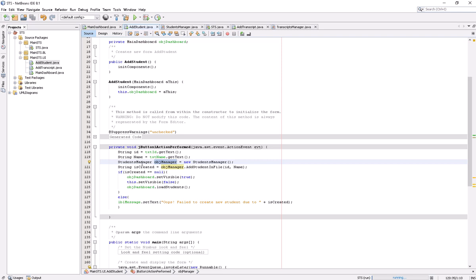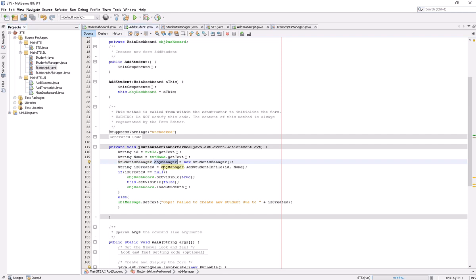I do student management in the student manager class, and the transcript in the transcript manager class, under the business logic. These are the objects I will be manipulating on these two managers. This is to be consistent with the object oriented approach, and also following the model view separation principle.